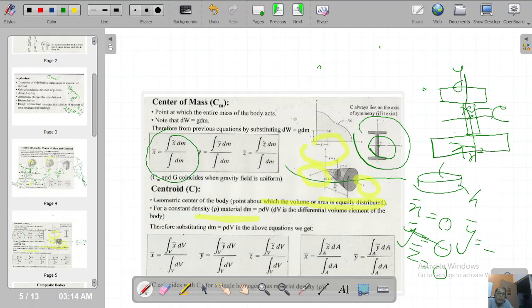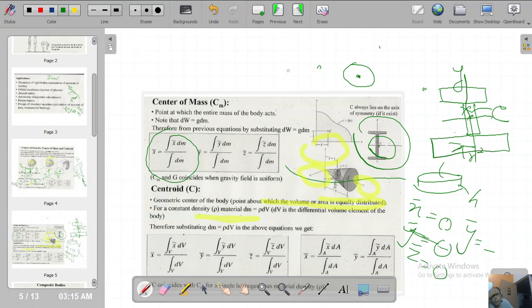Okay, then we can also have structures like a ring, a wearing ring, a finger ring, whose centroid lies in space exactly at the middle. So in this way you can predict the centroids of various components and various structures. Okay,